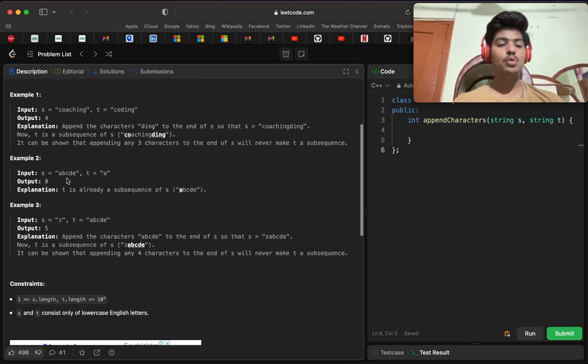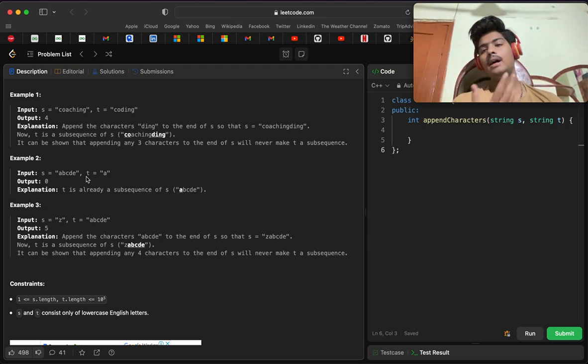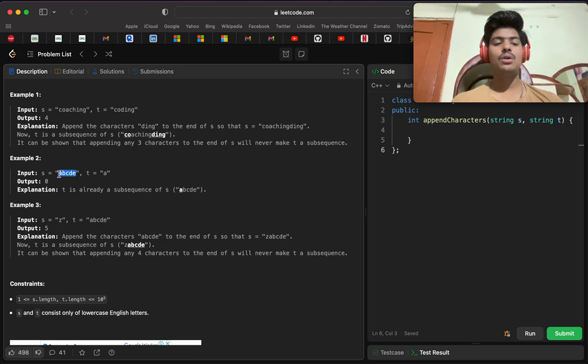So let's see example 2. Example 2 is the same as this. ABCDE is the string s and A is the string t. You can see A is already present in this string, so we don't have to add any characters to this string. Append means adding something, it can be numbers, it can be characters. So we don't have to change the string s because A is already present in it, and that's why the answer will be 0, because we are not changing